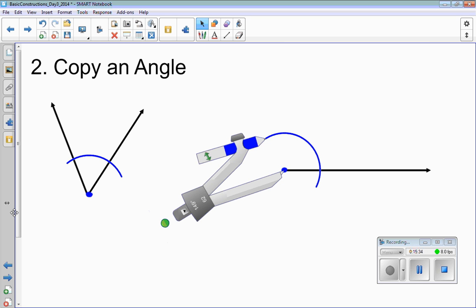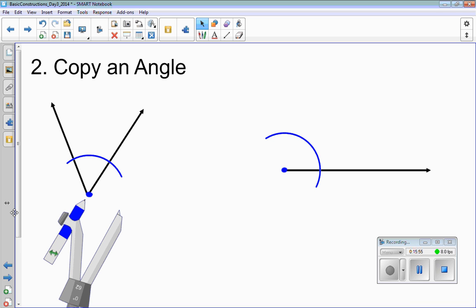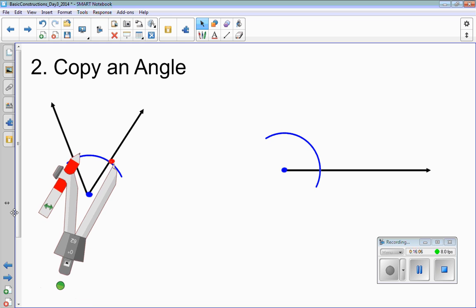So what do we need now to finish making the angle? We need the other side, don't we? We have the one side, but not the other. So what we're going to do is some measuring at this point. I'm going to take my compass, and I'm going to measure on the original angle the distance from here to here, where our arc intersected. We're going to measure that with our compass. So we're going to put the sharp point,